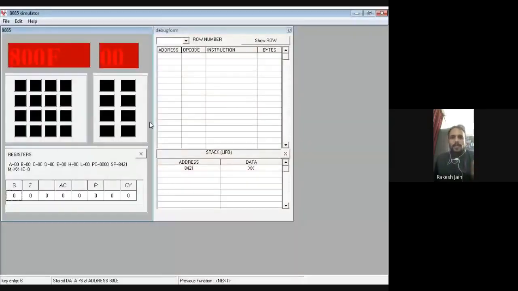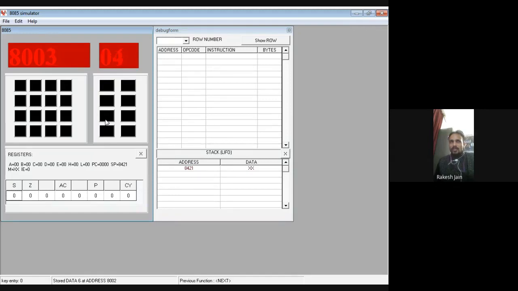Now see, this is my 8085 simulator. I click on reset, then memory location.